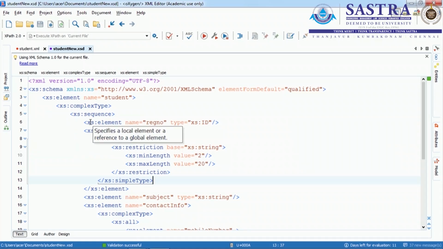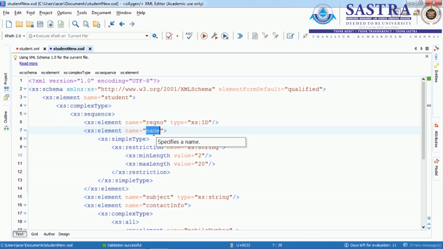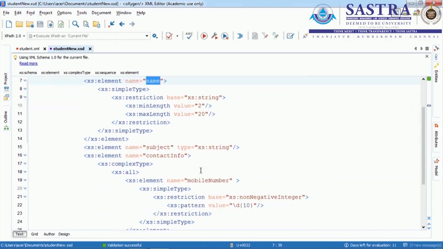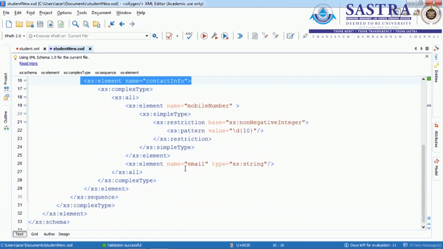What is the sequence of elements I have? Register number, name. Name has been restricted with more facets, minimum 2 characters length and maximum 20 characters length, and the subject, XML application, I have given as a value, and the contact info is the fourth element, which is having